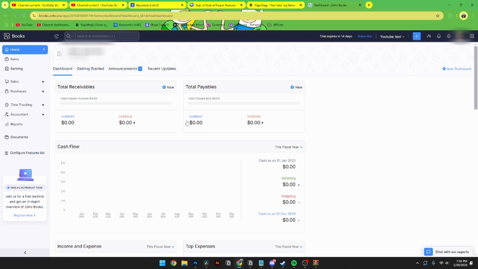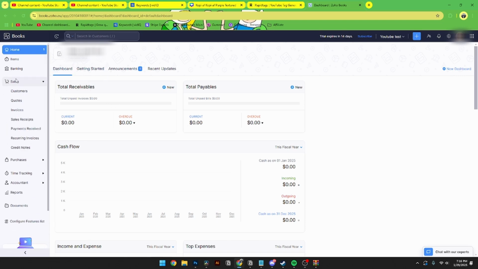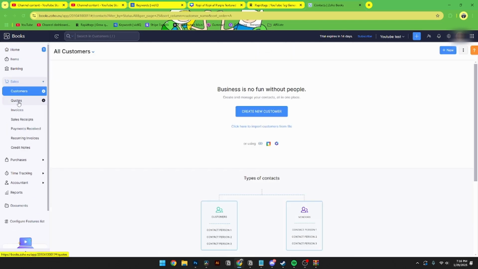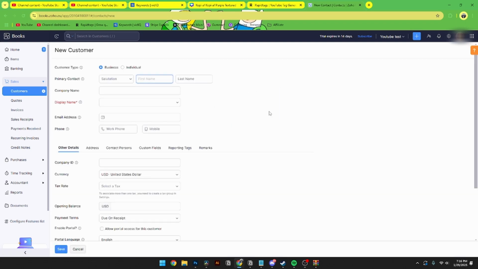Then from here you need to log into your account and go down to Sales over here in the left hand corner and go to Customer. When that is done, this page should be popping up where you have the opportunity to create a new customer. And if you click on this, then this page should be popping up where you can change the customer type,